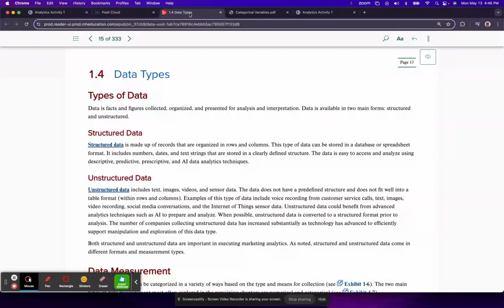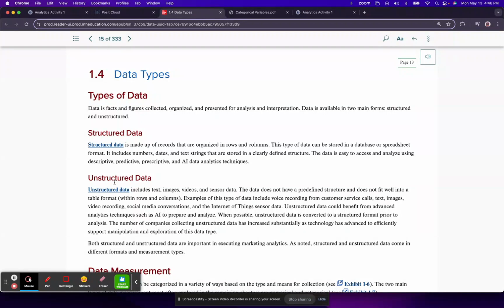Some data is easy enough to capture and store within databases, and that would be structured data, as you see here. But then we have unstructured data also: text, images, videos. For us to analyze that kind of data, we have to convert that unstructured data into structured data somehow, and then we can run analysis on it.